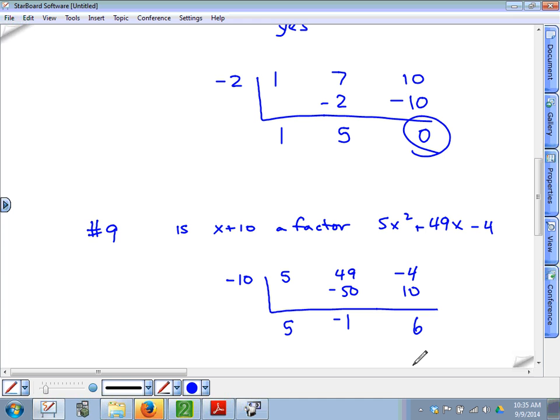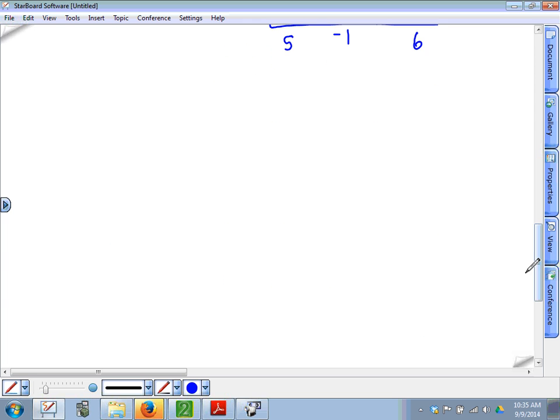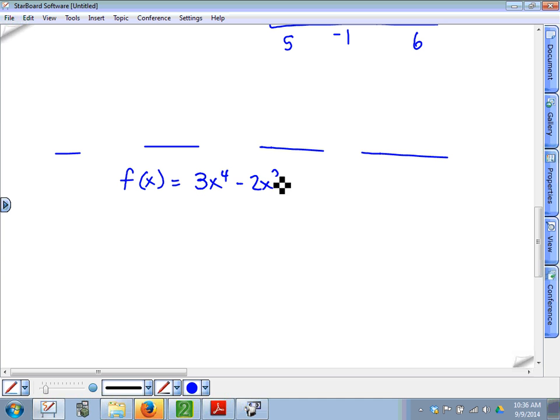Okay. We're still not done, you guys. I'm sorry. There's one more application of synthetic division. Yes, and this is also pretty easy. Write this down in your notes real quick. If I gave you this function, f of x equals 3x to the 4th minus 2x squared plus 3x minus 10, and I asked you to find this,